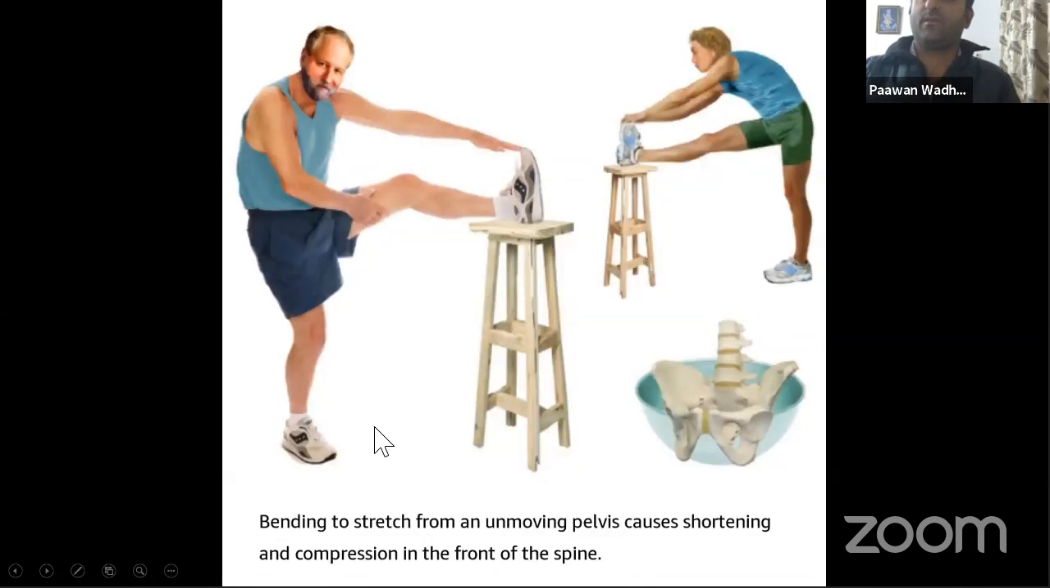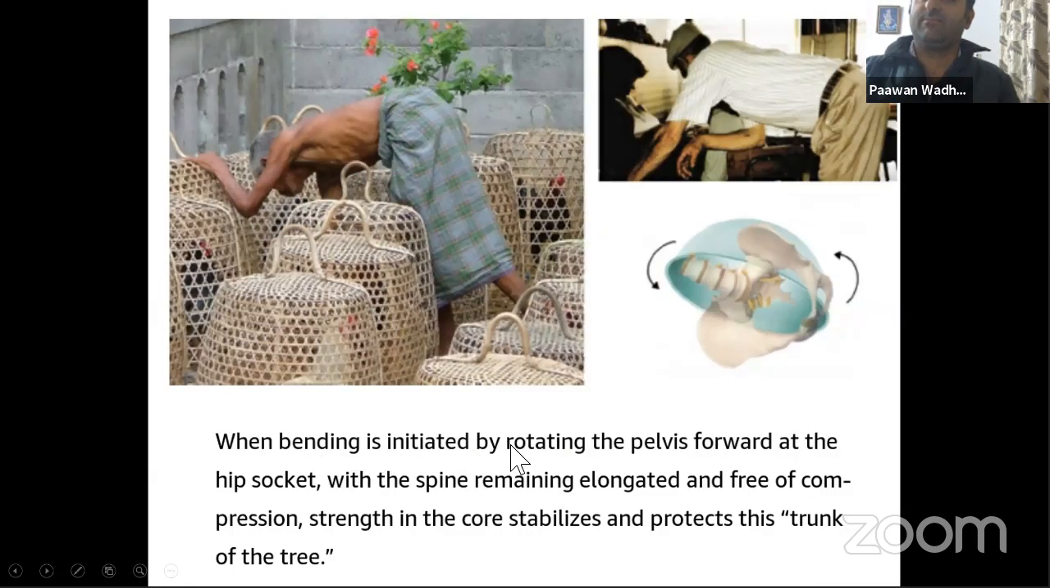Bending to stretch from an unmoving pelvis causes shortening and compression in front of the spine. So the pelvis is tucked, straight part, and your spine is compressed. Wrong. When bending is initiated by rotating the pelvis forward at the hip socket, with the spine remaining elongated,